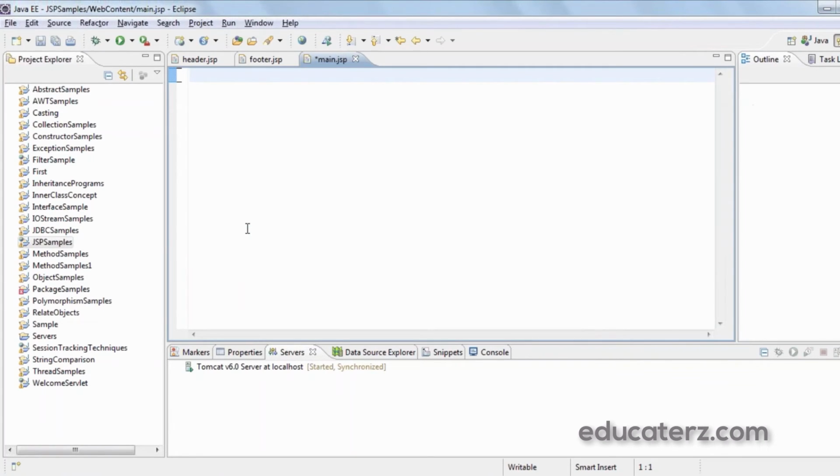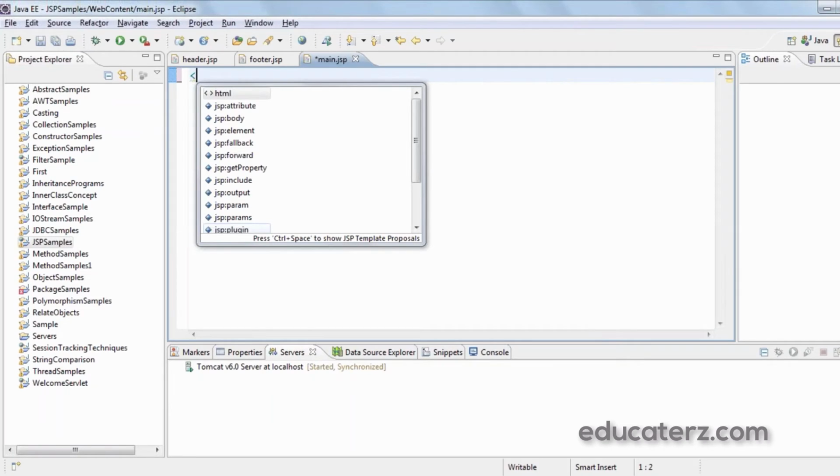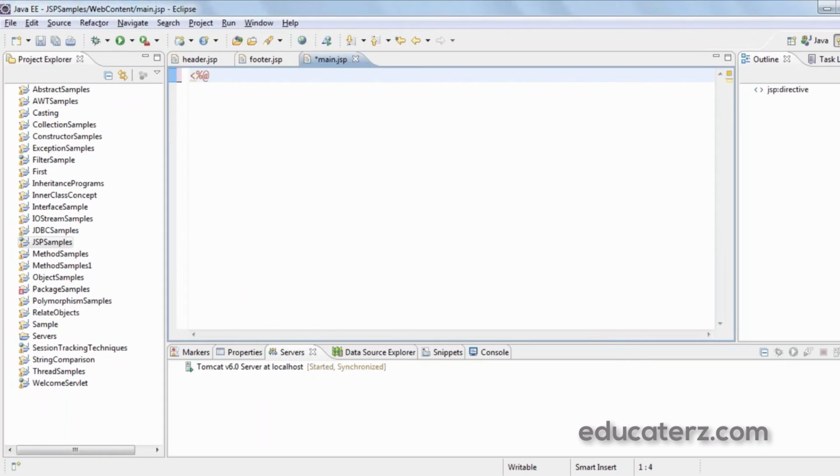For that I write include directive, include file equals header.jsp, and close.